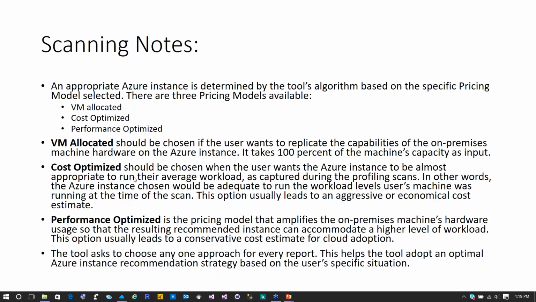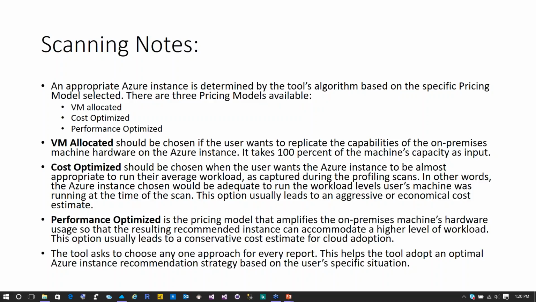Inside of this tool, there is an algorithm that will scan based on these 3 factors: VMs allocated, cost optimized, or performance optimized. What does this mean? This tool can go in here, assess your running workload, emulate it in Azure, and give you the costing for that emulation.